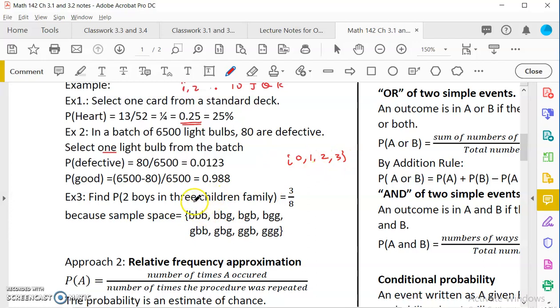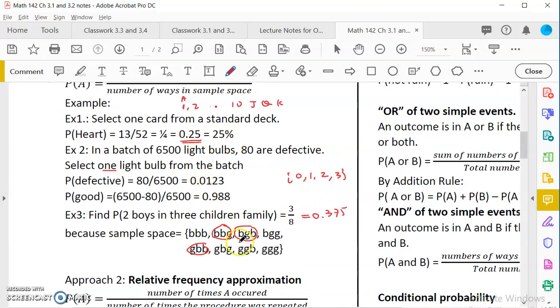To have 3 children, you could have boy, boy, boy, like these are the order of the birth. The order of the birth is 50-50. So you can have boy, boy, boy, boy, boy, girl, boy, girl, boy. These are all the options of having 3 children in a sequence of 3. So how many fit exactly 2 boys? This is exactly 2 boys. This is exactly 2 boys. This is not. This one is exactly 2 boys. So it's 3 cases, 3 counts out of 8 counts. So it's 3 over 8, 0.375 if we want decimal.